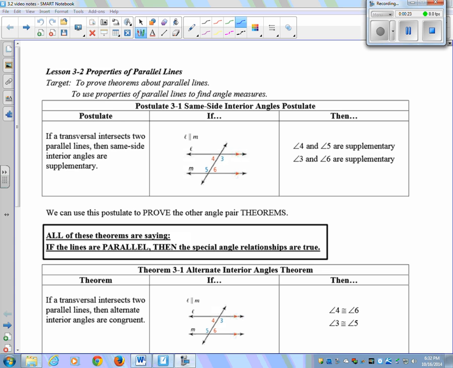So first of all, remember we learned what a postulate is. A postulate is something we accept as being true without proving it. So the first postulate we're going to learn is the same side interior angles postulate. And it says if two lines are parallel, in this case L parallel to M, then same side interior angles